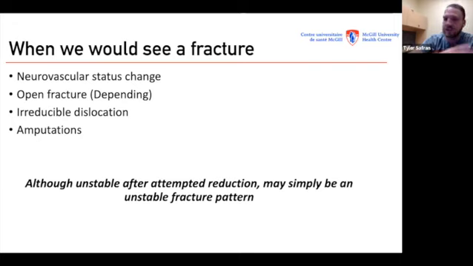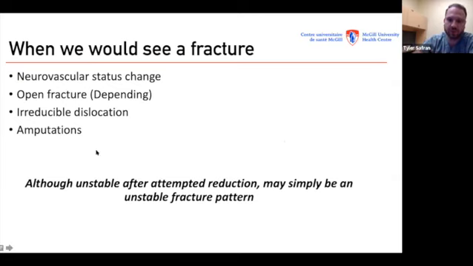And again, always document if there's a tendon injury, because some of the bony edges could actually lacerate the extensor tendons as well, especially in a metacarpal fracture. An irreducible dislocation, that's important because that can lead to a lot of problems later on, but it has to be discussed because it could be the actual dislocation pattern itself that's not amenable to our traditional reduction